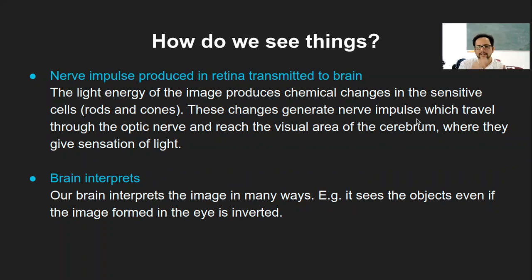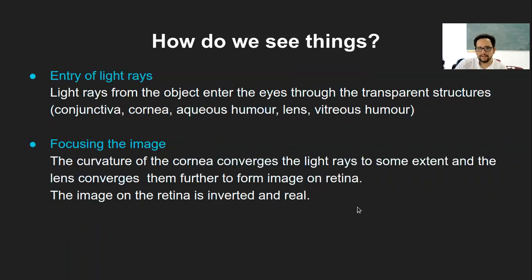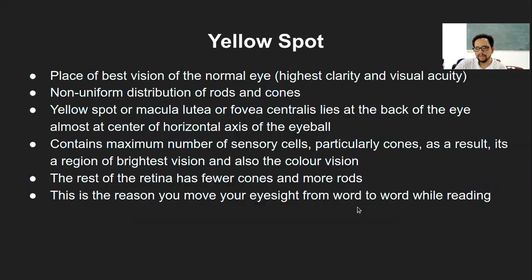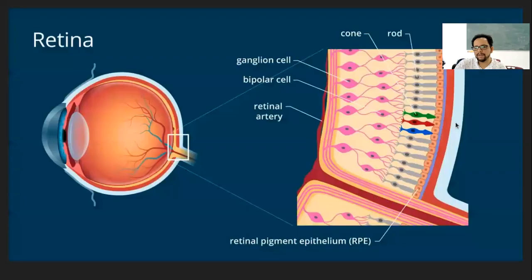So when we were looking at this diagram, it will fall onto the retinal layer. The absorption of these light rays or the energy will happen by the sensory cell. They will generate a certain electric potential that will get transmitted to these nerve terminals, and from there they will be carried via the optic nerve. So that is the whole of the procedure.